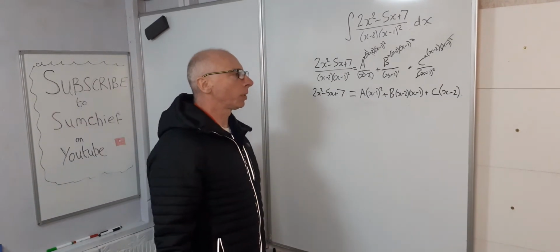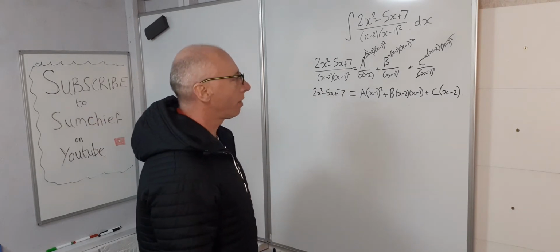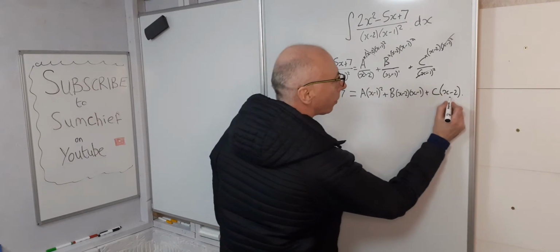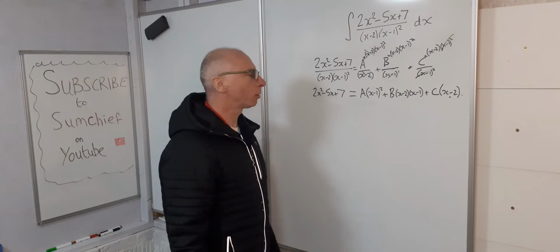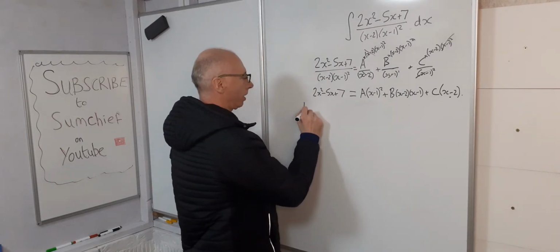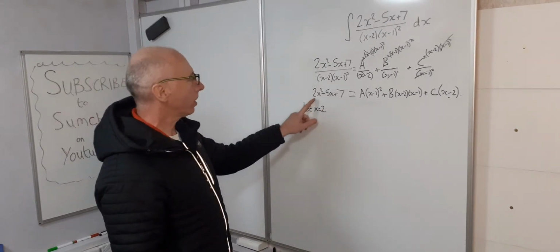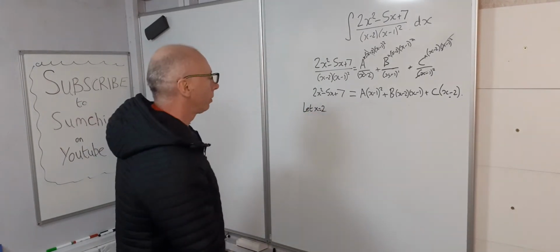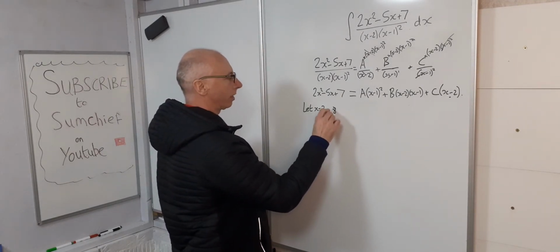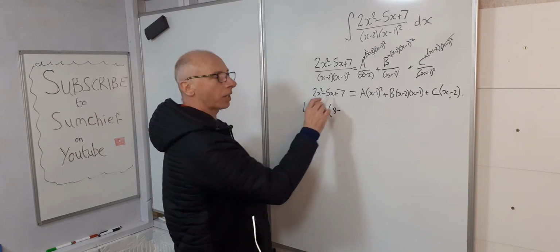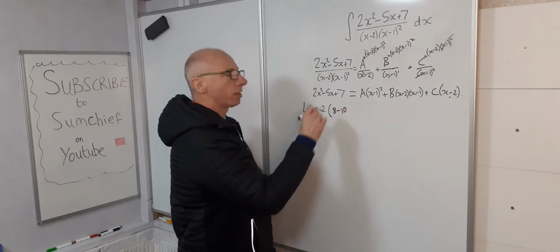Okay, so now what we want to do is plug in some values to make something disappear. I reckon if we use this one first, x minus 2, to make that 0, make x equal 2. So let's write here, let x equal 2. So if x equals 2 in this whole equation, 2 times 2 squared, that's 2 times 4, so that's 8, minus 5 times 2 is 10, so it's minus 10, plus 7